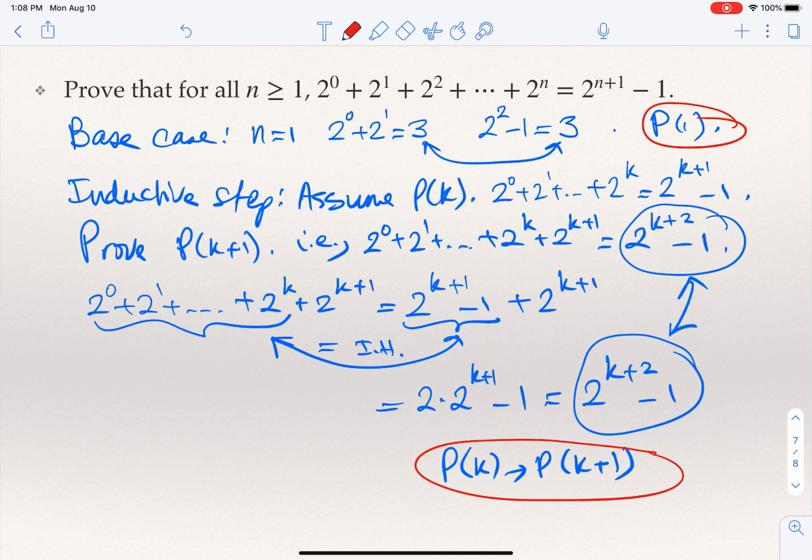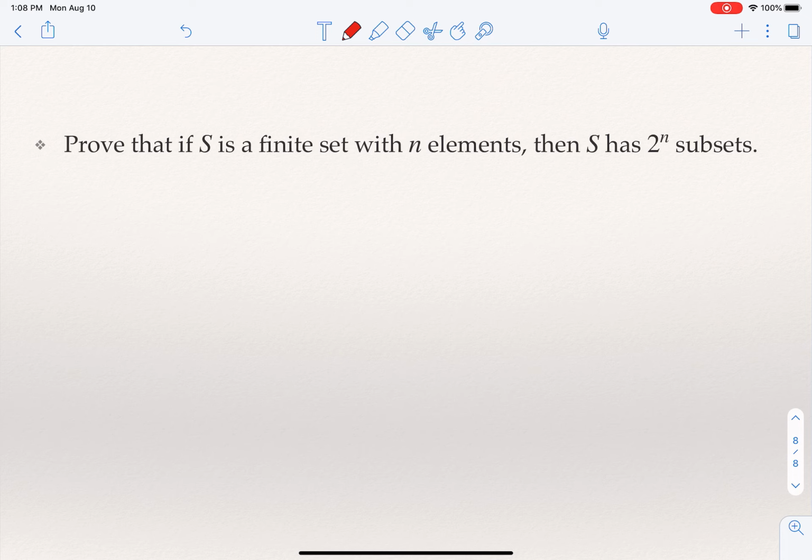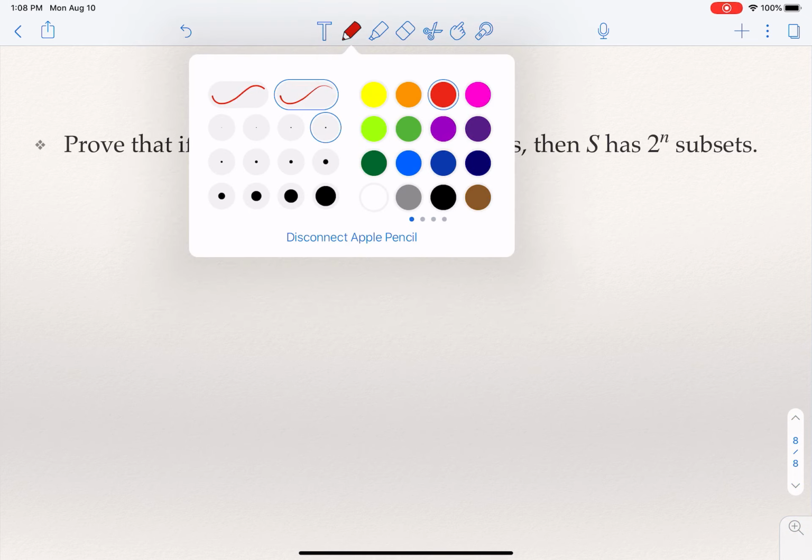We show P of k implies P of k plus 1 for an arbitrary k. Therefore, for every n greater than or equal to 1, P of n is true. Okay. Last example I want to show for mathematical induction is slightly different in terms of style here, that we